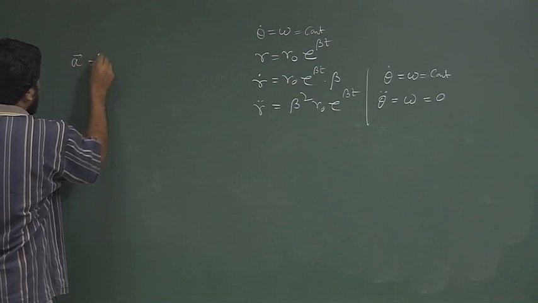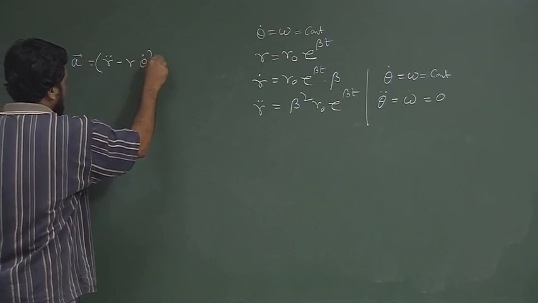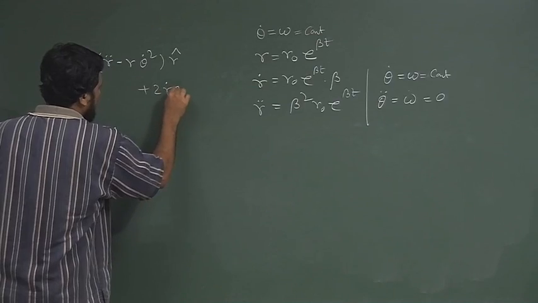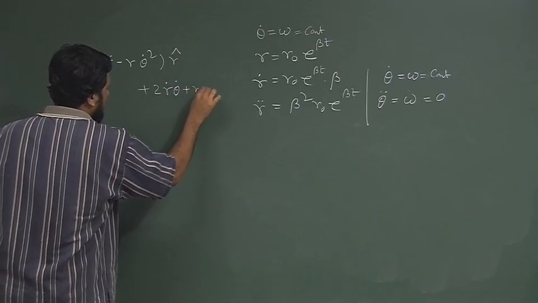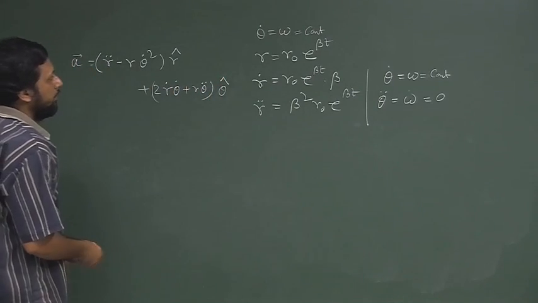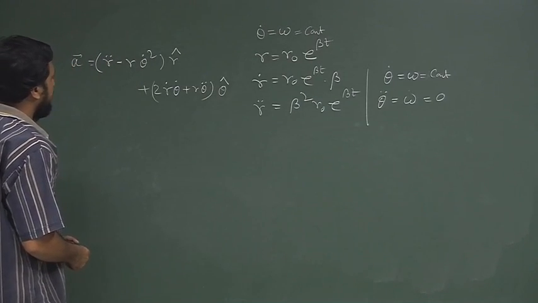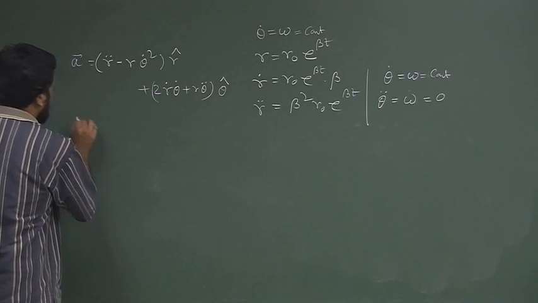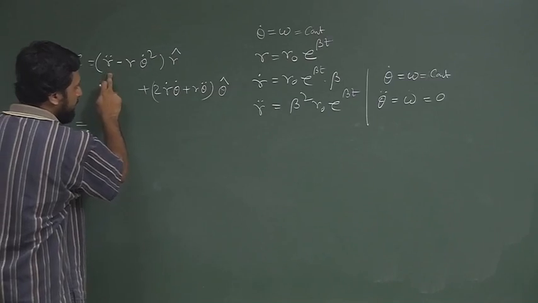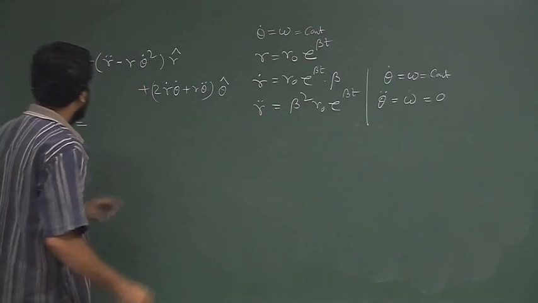So, we have A is equal to (r double dot minus r theta dot square) r cap plus (2 r dot theta dot plus r theta double dot) theta cap, right. Now, r double dot, if we perform this first, if we just put values here, so we get,